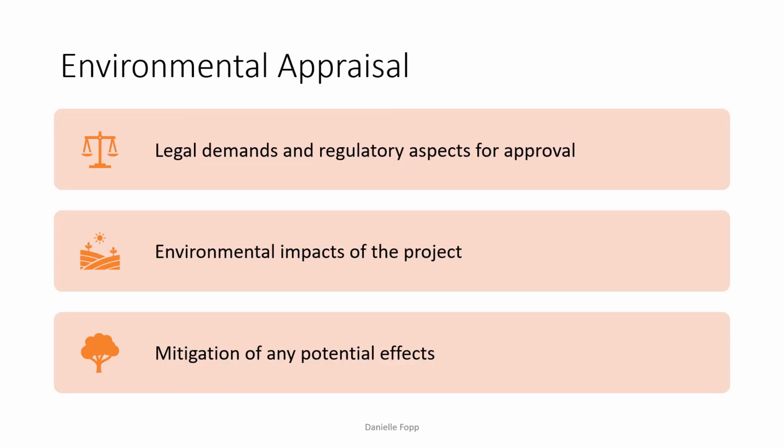So the first step in an environmental appraisal is generally the identification of all legal and regulatory aspects relevant for obtaining the environmental approvals. The second step is a thorough due diligence effort to identify, describe, and as far as possible quantify the environmental impacts of the project. Now, several countries, including Australia, call this exercise an Environmental Impact Assessment, or EIA, and we look into this in greater detail very soon.